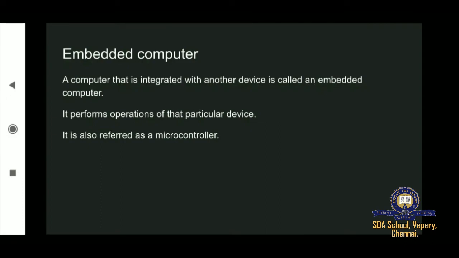But you should not write the examples, because the washing machine or microwave oven example is not given in your book. I have just told you that to help you understand what an embedded computer is. A computer that is integrated with another device is called an embedded computer. You should write the definition and the second point, how it operates: it performs the operations of that particular device, and it is also called a microcontroller. Only these three points you have to write. Do not write examples. I have told you those only to understand the topic. Okay, yes. So that's it for